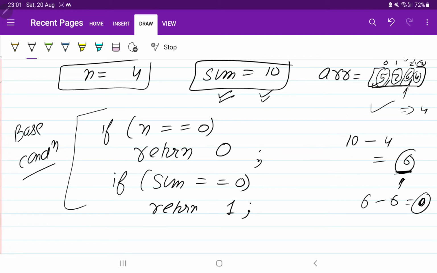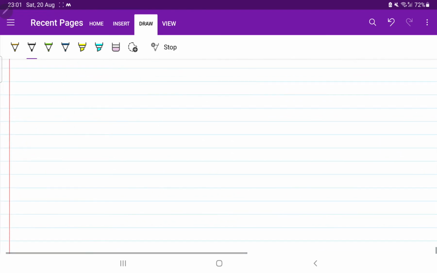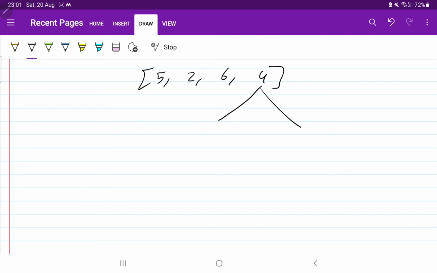Now we have to write the choice diagram. Choice diagram is very easy. We have the elements 5 2 6 4. We have to take the decision whether we have to select it or leave it. But we have one thing: the given sum is 10.